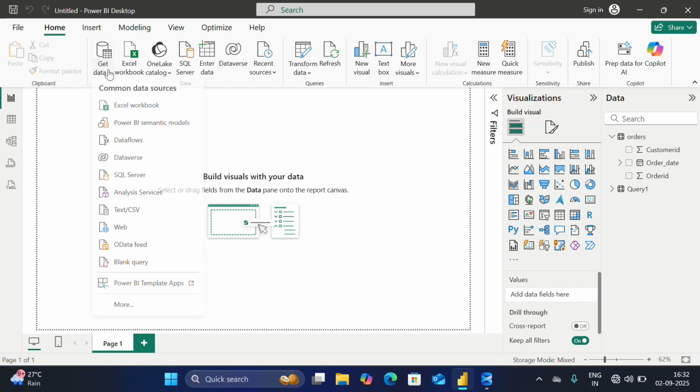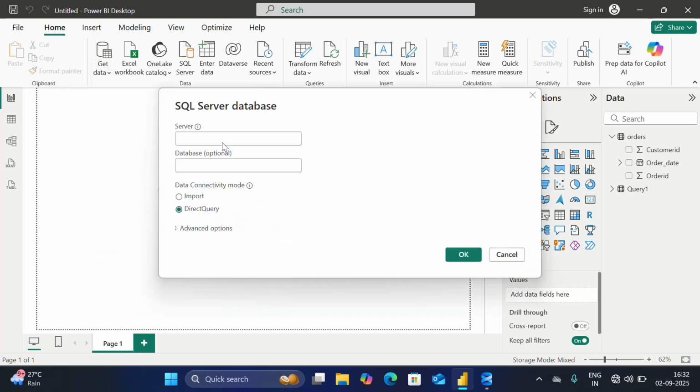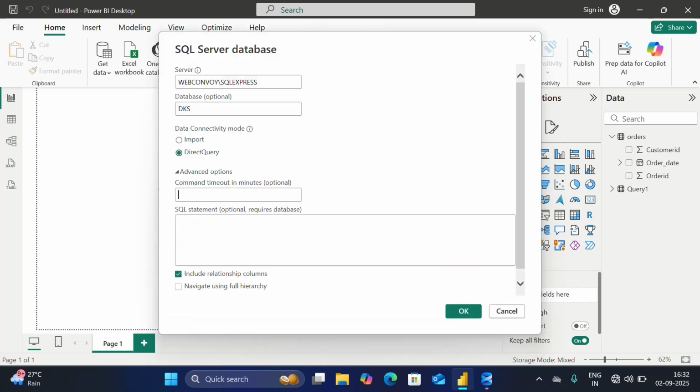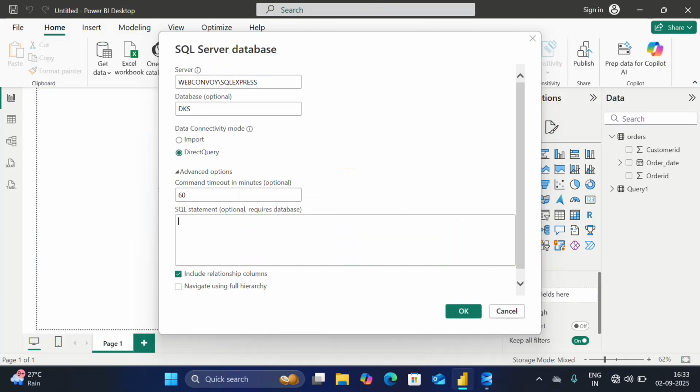Now again I go back to Power BI. Again I go to the SQL Server. Again I paste it. Database name DKS, DK student. Advanced option, I give here 60 seconds. Here I want to check the customer ID. Okay, I want to delete a customer ID. Like here I want to write select, okay, delete from customer